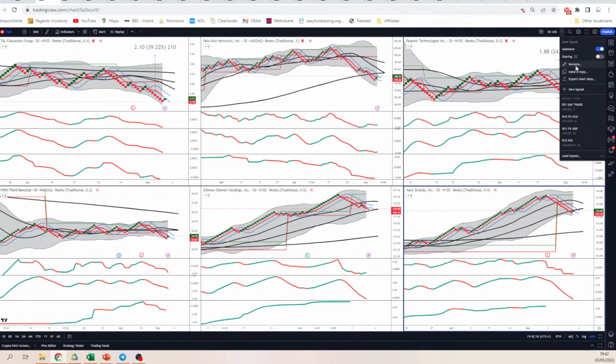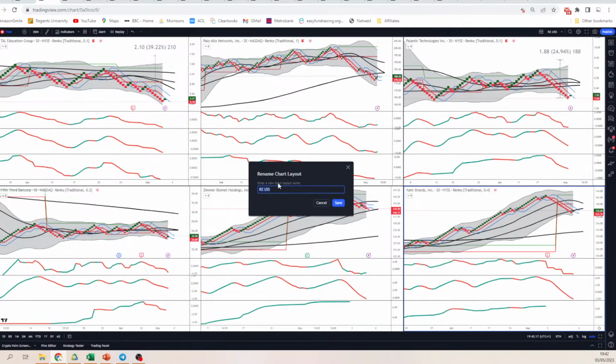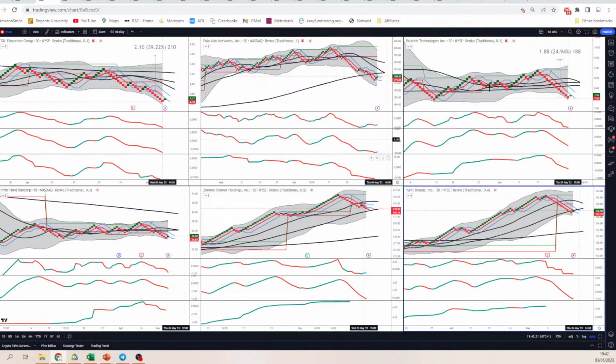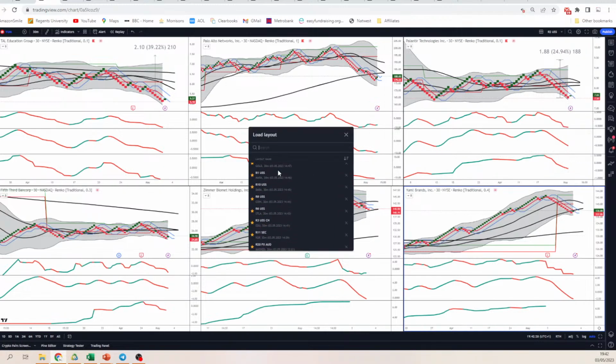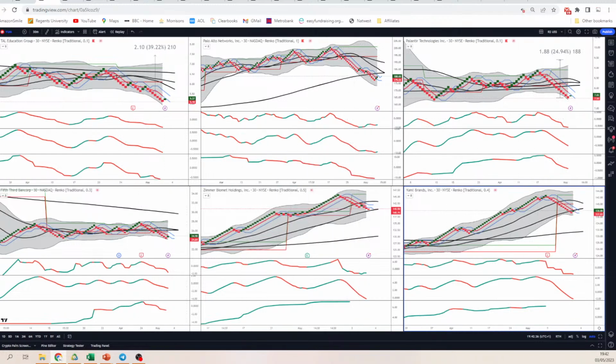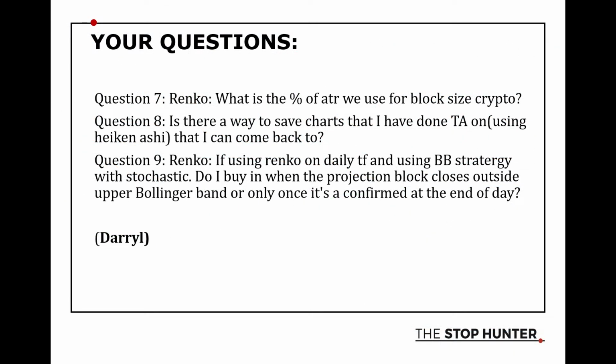You could rename what you've already saved and just call it another name and then redo it. As you can see, I've got a huge collection of different saved charts with all sorts of things going on that I've built throughout the years. Some I still use, some I don't. But you've just built it up in that scenario.